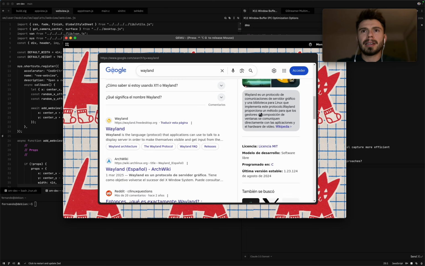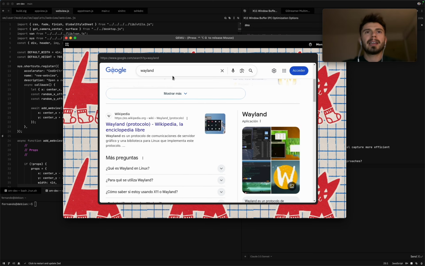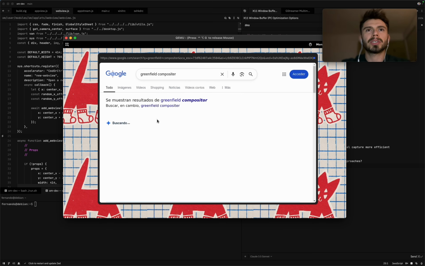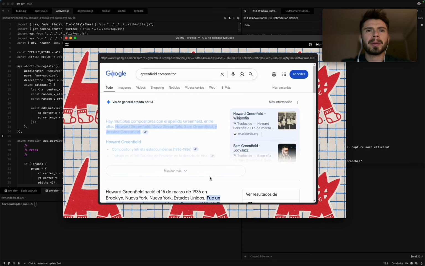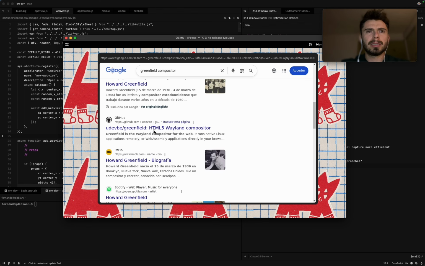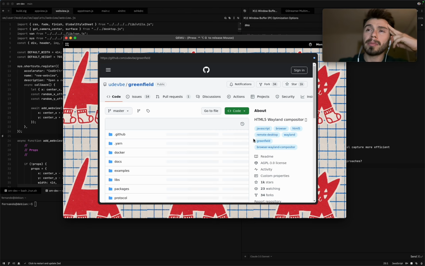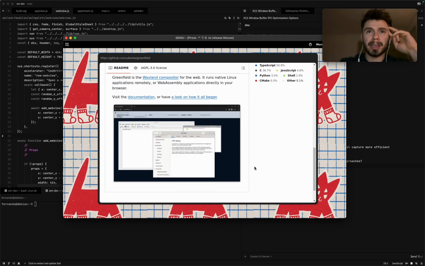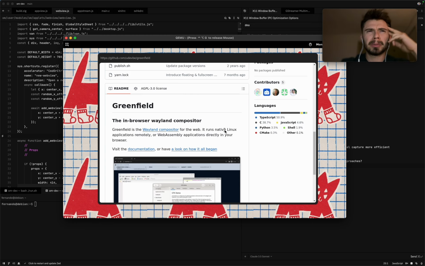But yeah, Wayland is new, and everyone is migrating to Wayland. And there's a very cool project which I always bring up, called Greenfield, the Greenfield compositor. Ideally, it should be doing something like this, to be honest, which I tried, but